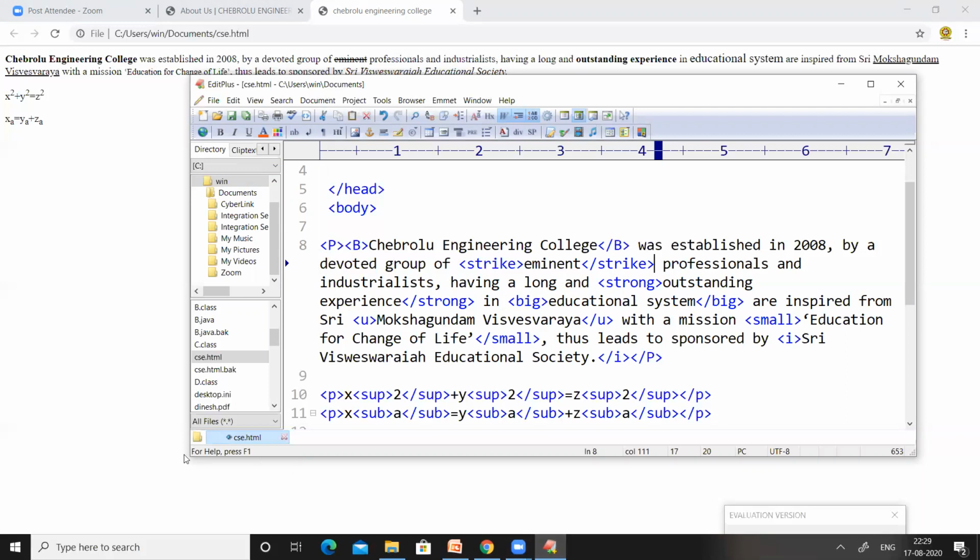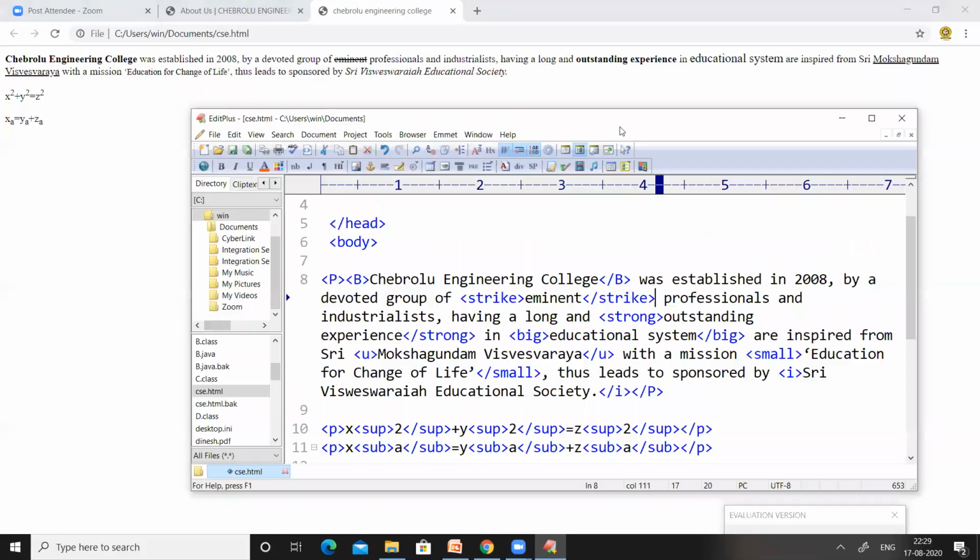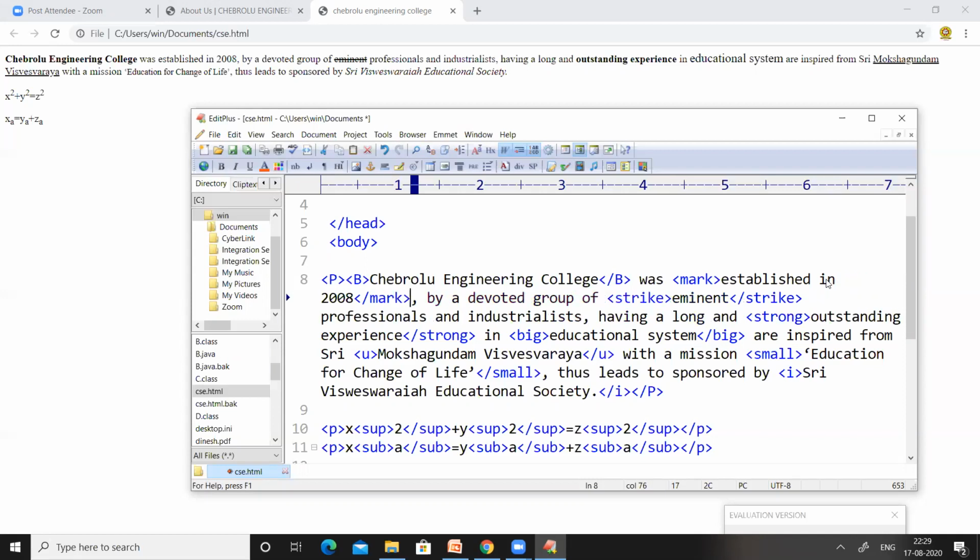Mark. So if we want to highlight some text, we can use this mark tag. In the entire paragraph, I want to highlight that particular thing, that is, established in 2008. So if I want to highlight that, I can write it in between the mark start tag and mark end tag, so that it will get highlighted.